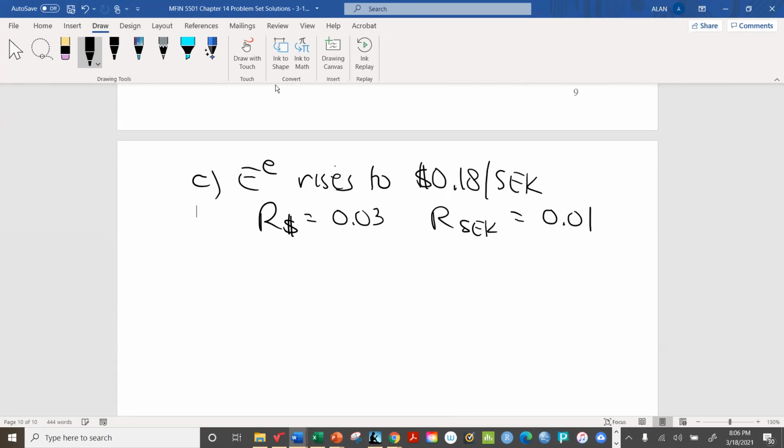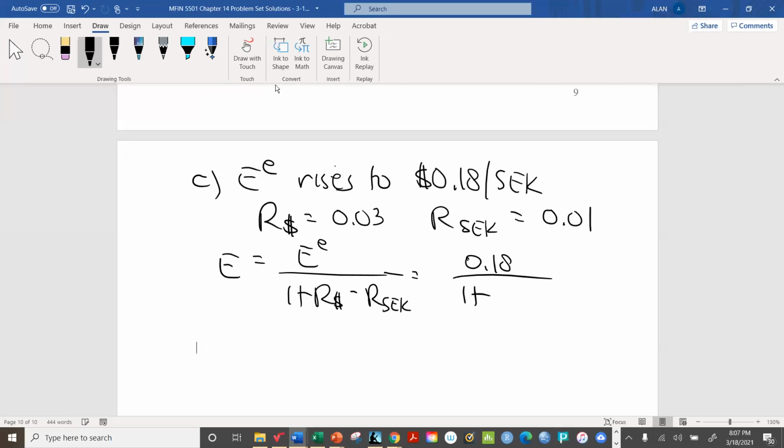So the formula that we need is this. We have E equals EE over 1 plus the US dollar rate minus the Swedish krona rate, 0.18 over 1 plus 0.03 minus 0.01. All right, so the ratio is,